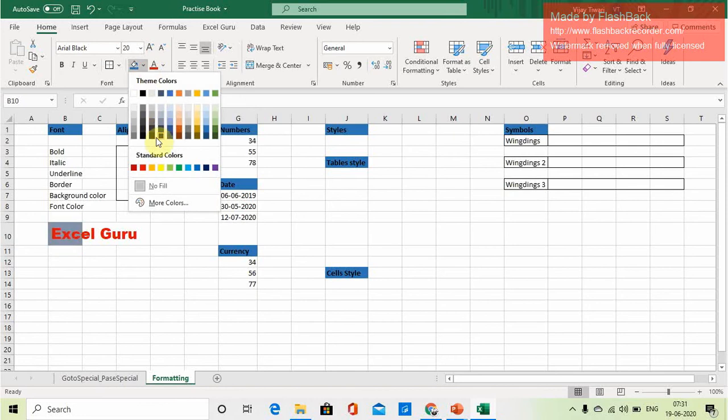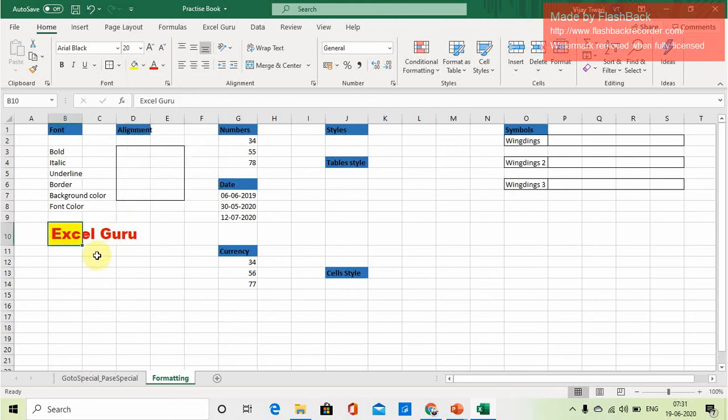It is white by default, but you can change it to yellow, green, anything. Suppose I'm changing it to yellow, so the background color of this cell is now yellow.